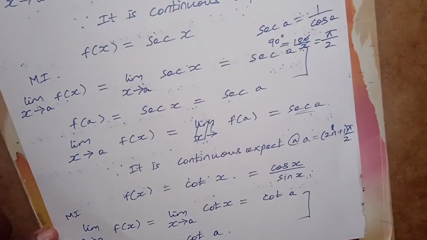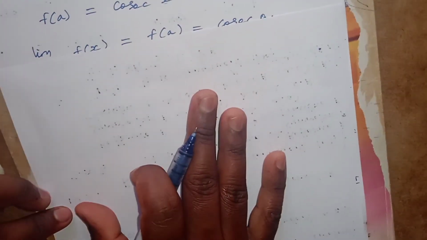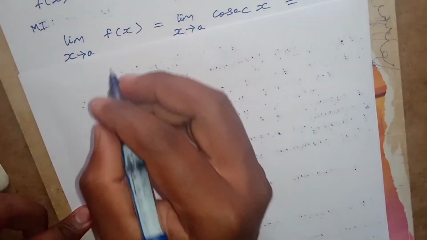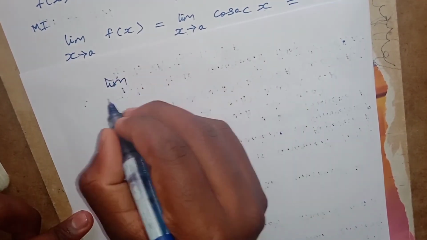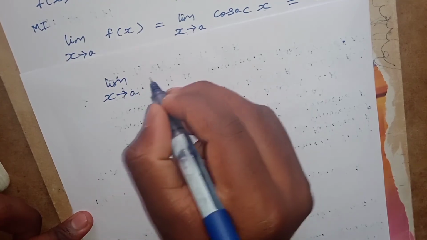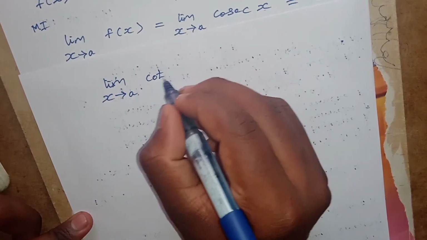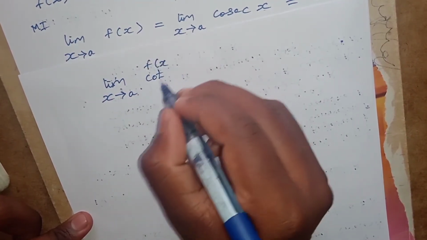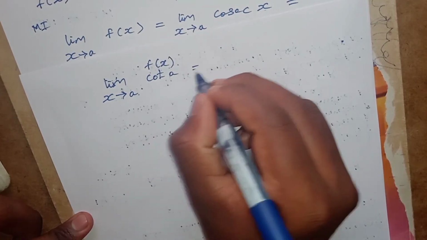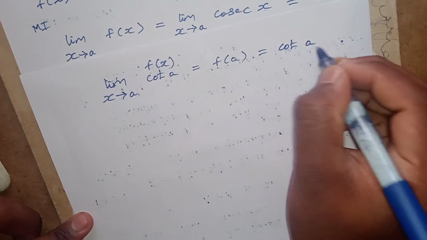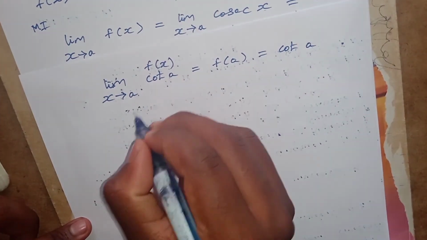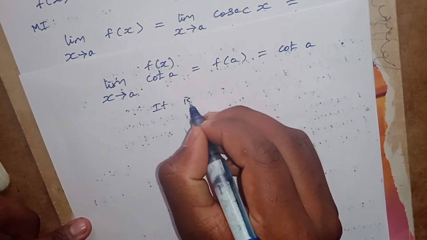Finally you have to write limit x tends to a, cot x. Okay, my function f of x is equal to f of a equal to cot a. Therefore here it is continuous,